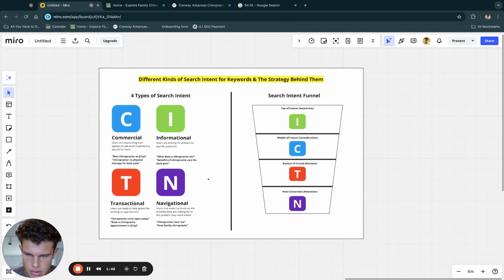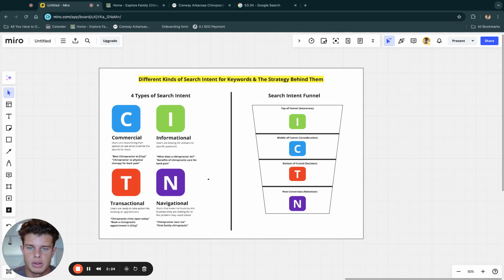And then there's navigational. Now, navigational is where users know the business they're looking for, and they're either trying to visit that business again, or they're just trying to find more information about that business. So that could be as simple as chiropractor near me, or this is a business name, so they could type in First Family Chiropractic or any other practice in that area. Now, these are the typical four search intents that any particular SEO strategy can use in order to build a